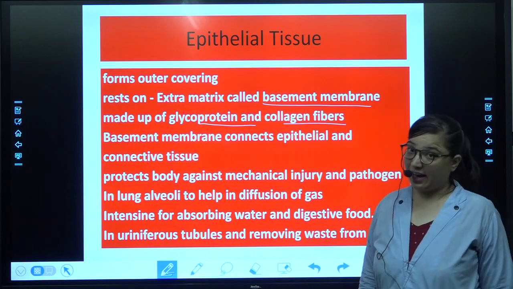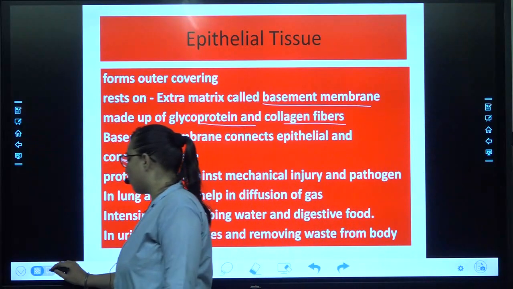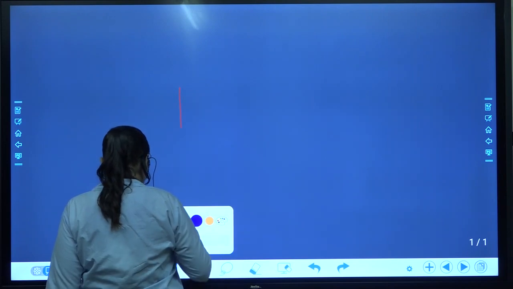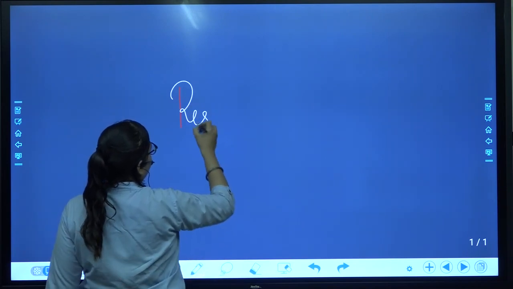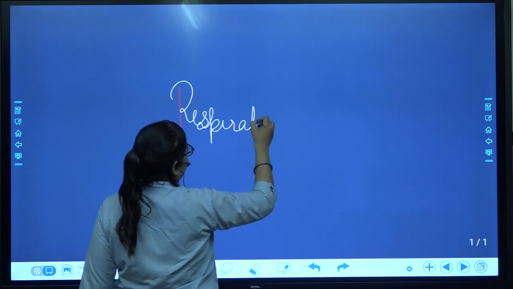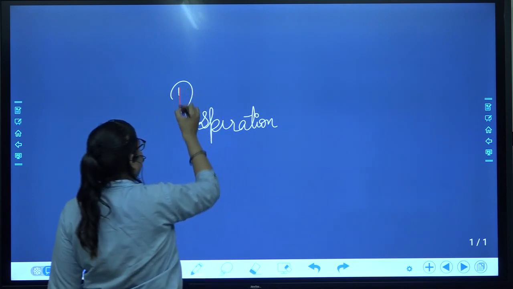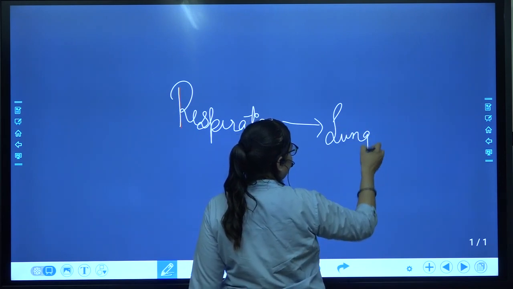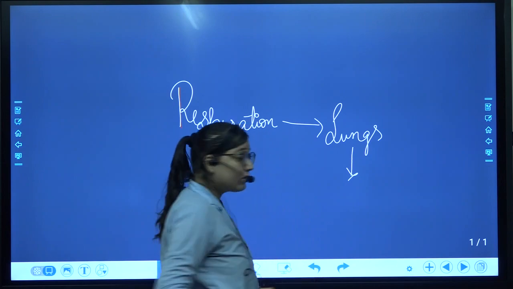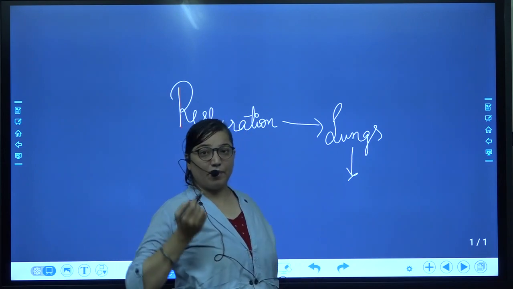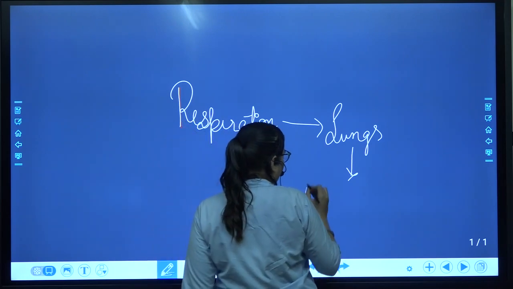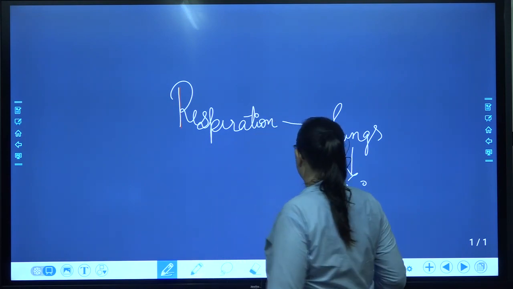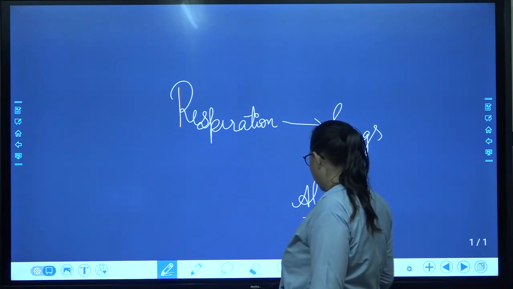It is present in the lung alveoli. Once again, let me explain what the lung alveoli are. I hope you remember we had talked about respiration. When we talked about respiration, we had discussed that human beings generally have two lungs, and the lungs get divided into two bronchi. The bronchi get divided into many bronchioles, and the terminating part of any bronchiole is the alveoli. What does the alveoli do? It is an air sac